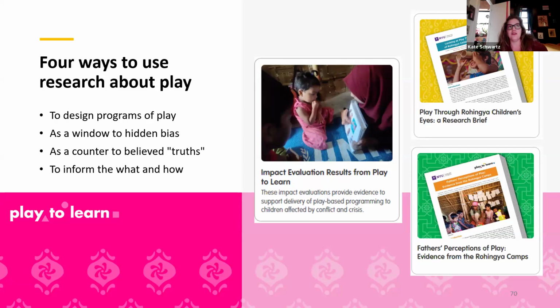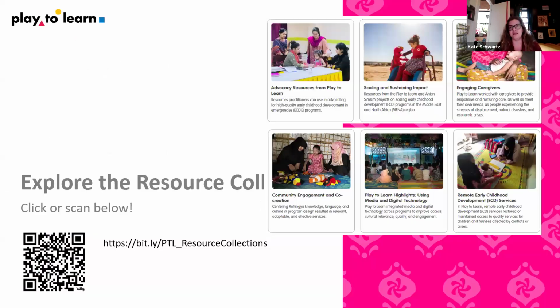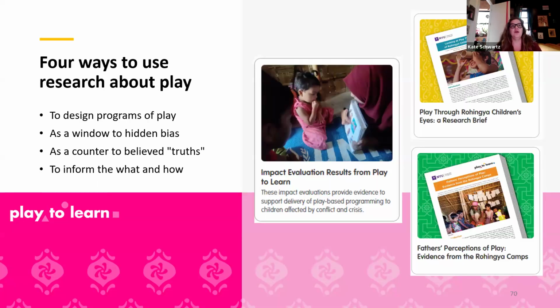Similarly, the third role of research I wanted to highlight is researchers' role in debunking strongly held conscious beliefs that are, it turns out, not always accurate. So here, I'm not talking about making the invisible visible, but really questioning key tenets in the field. For example, when COVID hit, there was a very strongly held belief globally that you cannot use remote methods to do early childhood programming because the in-person FaceTime is so important for young children. And so remote programming is not really an option there.